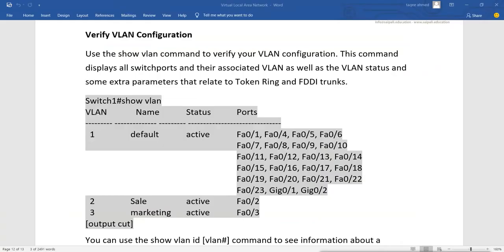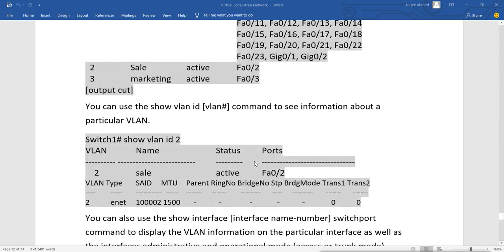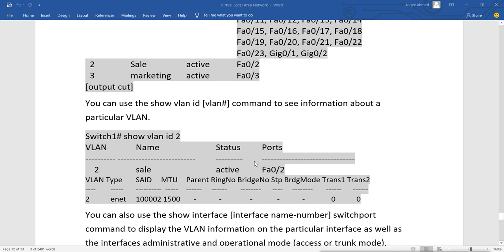For verifying the VLAN configurations, we can run the show VLAN command. It will show you all the available VLANs and all the ports which are members of the VLANs. Then we can go for the show VLAN ID command with the VLAN ID to see that particular VLAN's information.